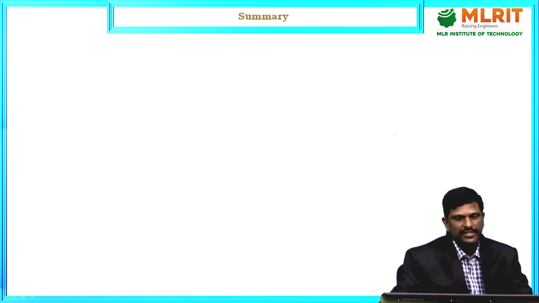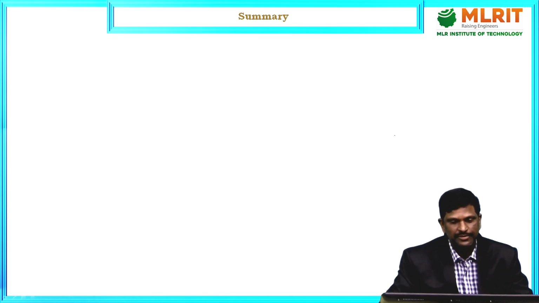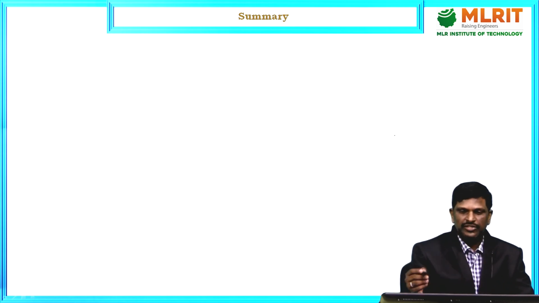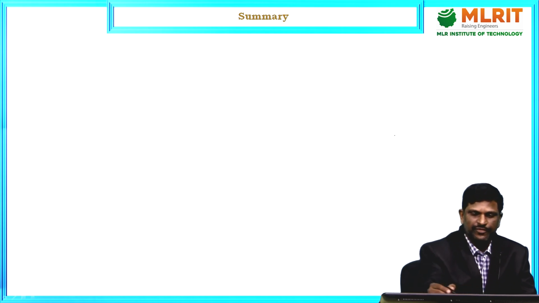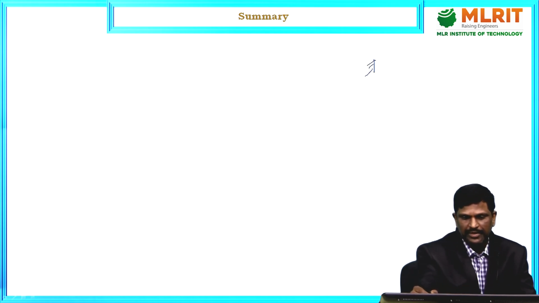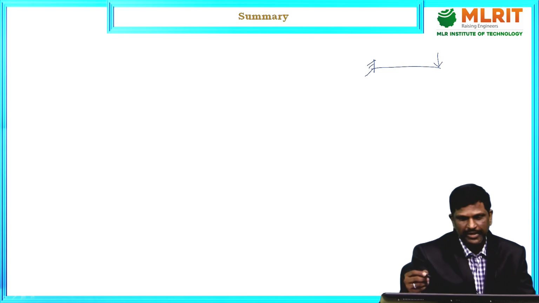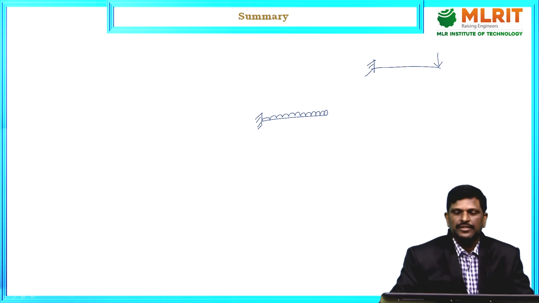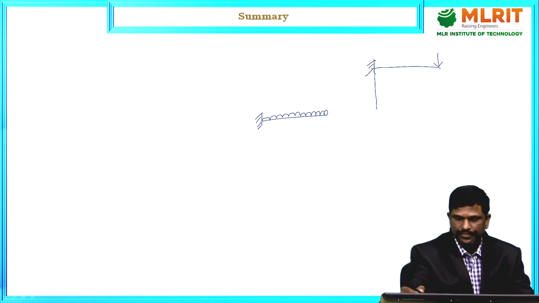Let us summarize the learnings of today's class. The shear force and bending moment diagrams for a cantilever beam carrying a point load at the free end and for a cantilever beam carrying UDL over the entire length are derived and drawn. The shape of the shear force diagram for a cantilever beam carrying a point load at the free end is a rectangle,